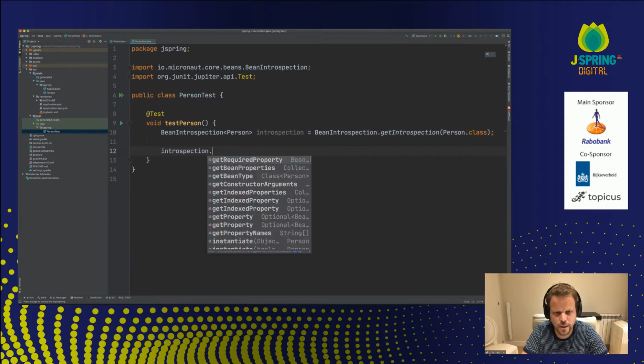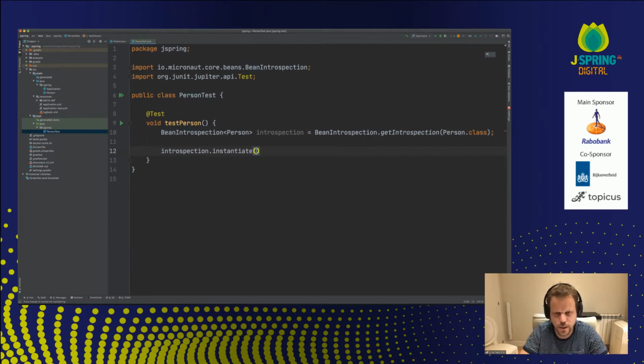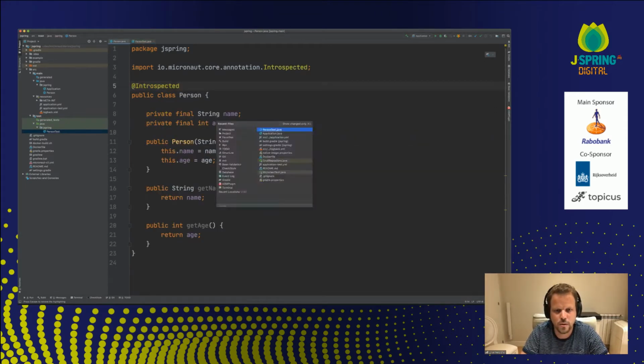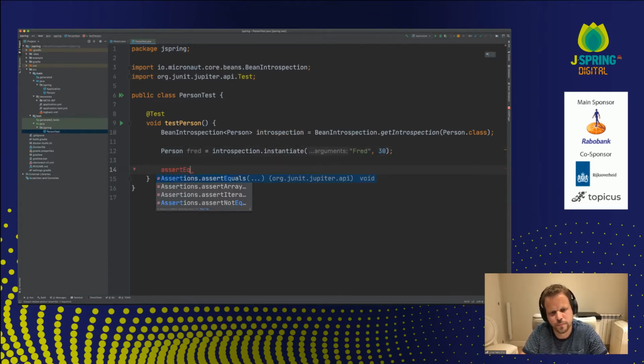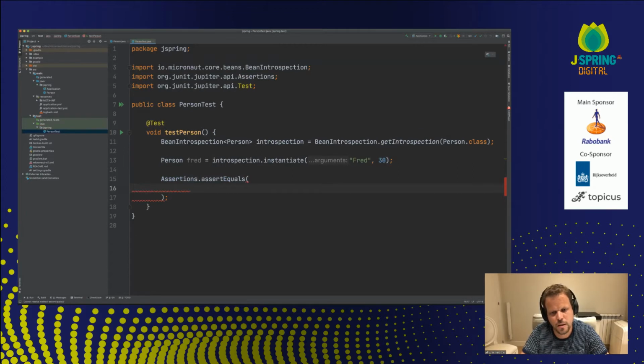And I can say introspection.instantiate. And in this case, it's going to be the name and the age. That'll give me a Fred. And then I can say assertEquals Fred. So, oops, that's not going to compile.